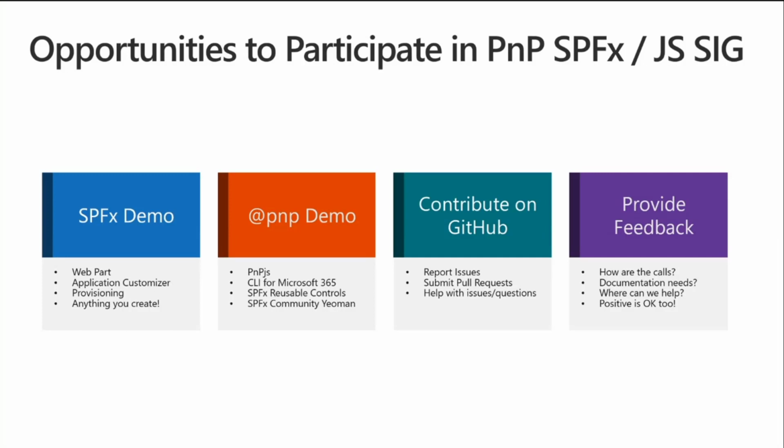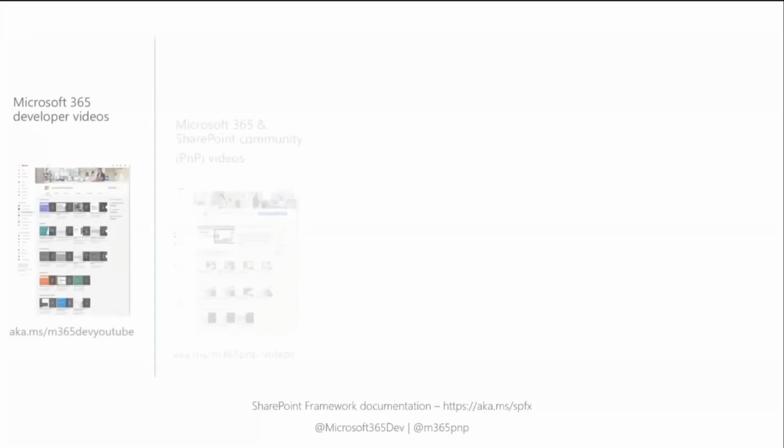And finally, you can always provide feedback on the things we're doing in patterns and practices. How are these calls? How's our documentation? And where else can we help? Positive feedback is okay too. And I'll just make a note on documentation feedback. It really helps if you have suggestions or ideas on how to improve it, letting us know we should make the documentation better. I think we all agree documentation can always be better, but if you have specific feedback around documentation, that's always very helpful to do a little bit of targeted adjustments. And as well, we, of course, accept pull requests for the documentation too.